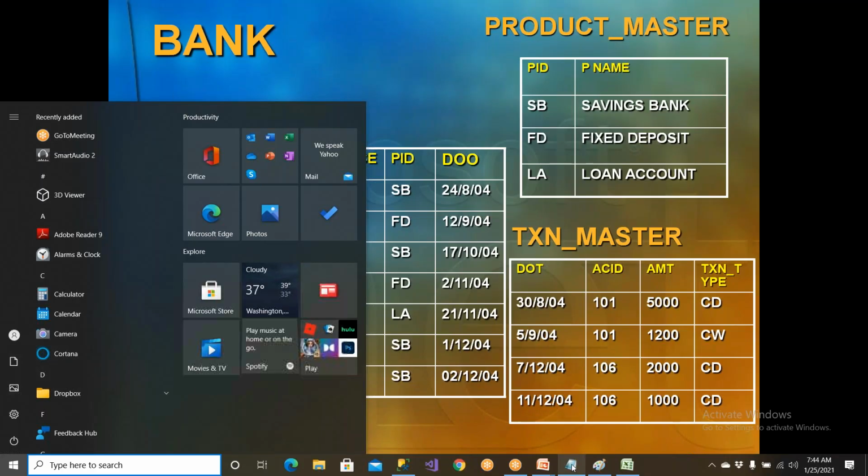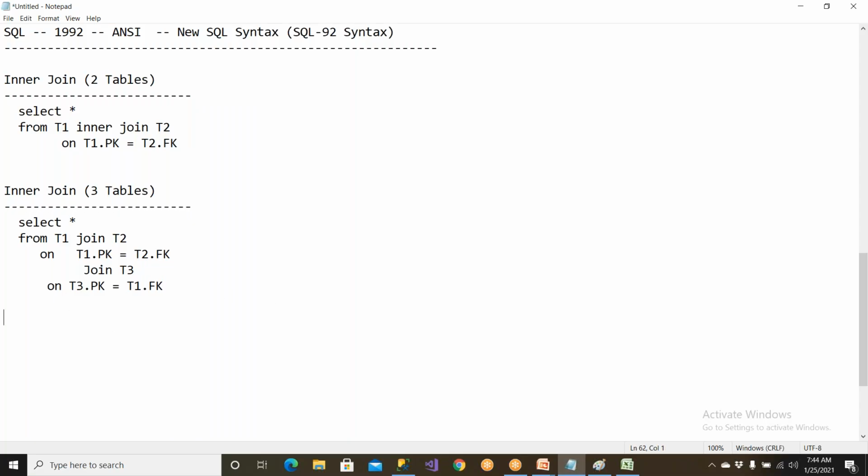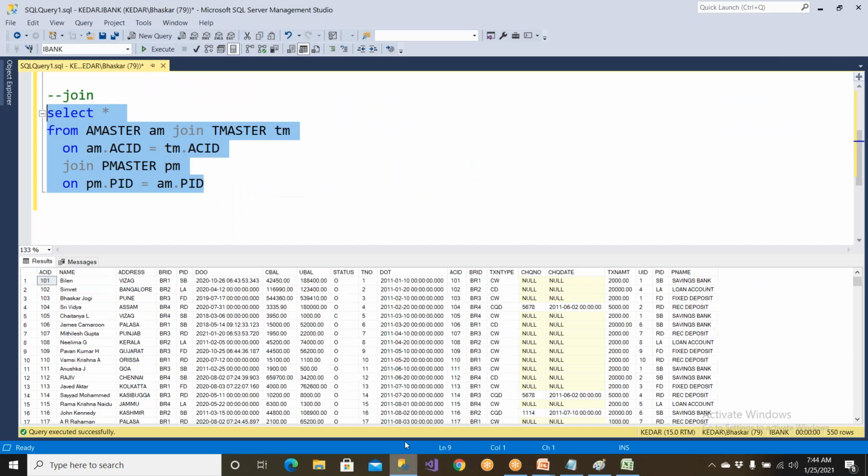Now, what is the syntax for the outer join? In this case, we are selecting only two tables in the select statement. We are ignoring the third table. Star means all columns, right? If you see, star means this is coming from which table? From this till this,